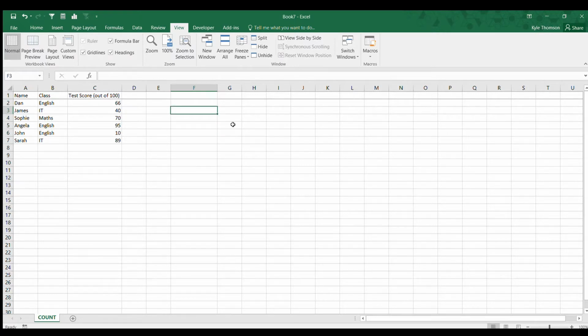So let's say, for example, we want to count how many people sat English and got a test score of above 50. To do this, we'll start with our equals, COUNTIFS, open bracket. And the first thing that we want to do is only count any students who sat English. So we'll select our class in column B. And the criteria is English,